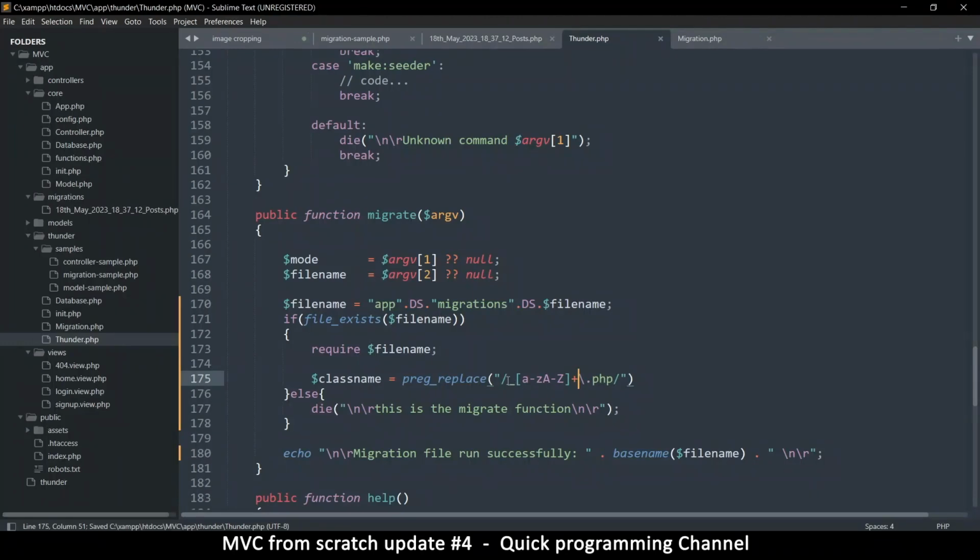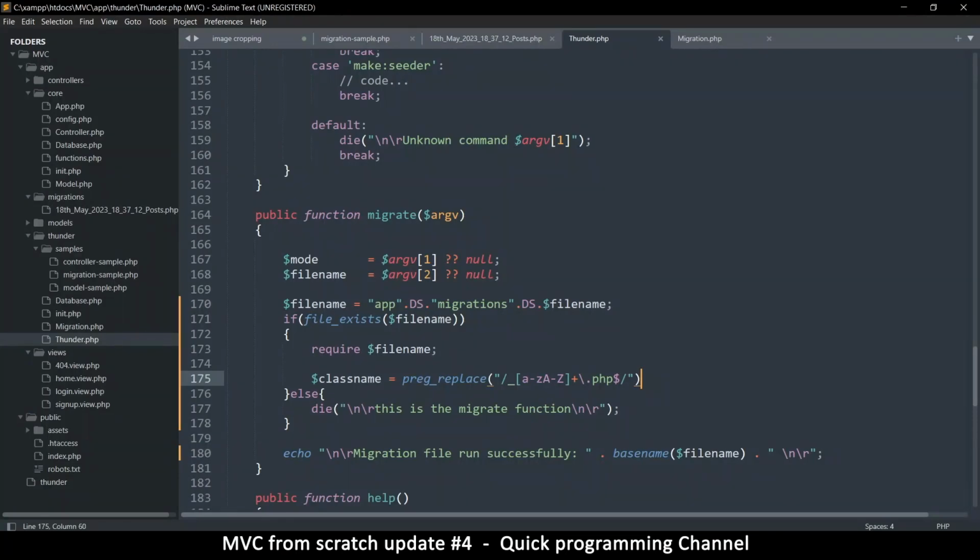So we're looking for this pattern: an underscore, any number of characters, and then .php, and this has to be at the very end, so we put a dollar sign at the end like so. So this will just grab the very last part to show us the class name, and once that happens, we replace, wait